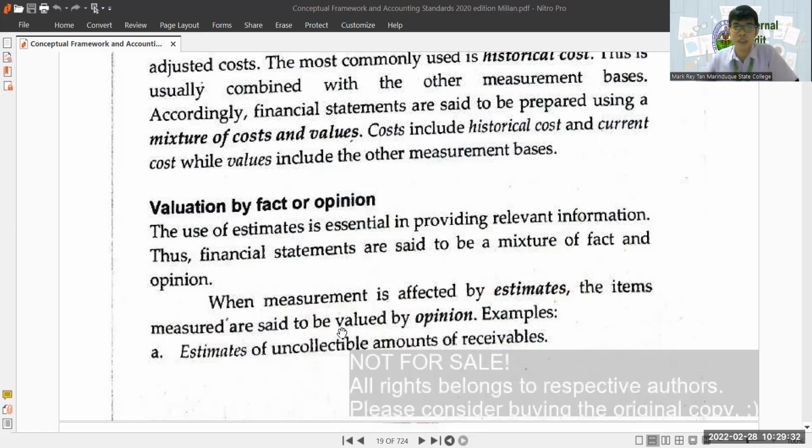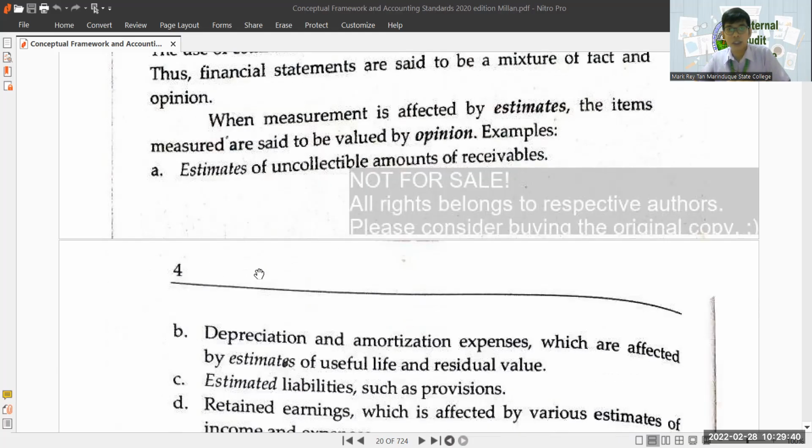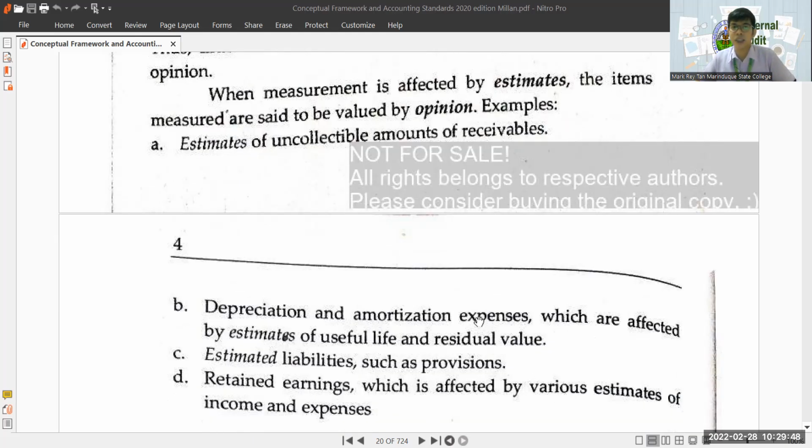Hindi, for example, may mga example tayo dito. Ito, estimates for uncollectible amounts of receivable. And then, idagdag natin, ito, depreciation and amortization expenses, estimated liabilities such as provisions, and then the retained earnings. Itong mga example na to, class, ito yung mga example na ang kanyang value is based on opinion, kasi nga estimate siya. So, hindi naman ganun siya, no? For example, dito sa estimates of uncollectible amounts of receivables. Sa receivables kasi class, in a business world, especially kung malaki yung company,